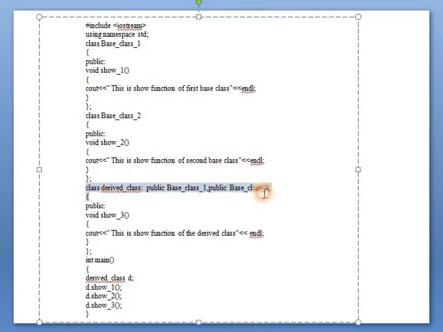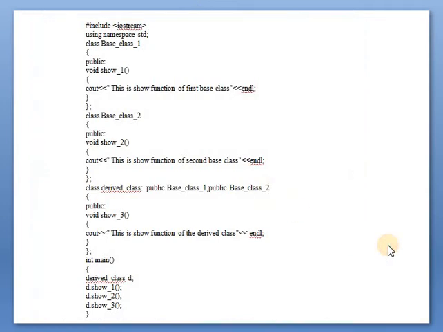This line is very important: class Derived colon visibility mode Base1, comma, Base2. Suppose we write class Base3. Now by using the comma we can write comma public Base3, meaning more than one base class. So this is the simple example of multiple inheritance.